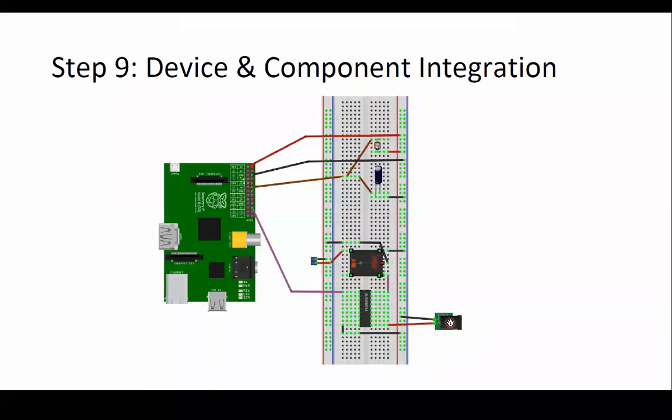This LDR sensor will detect light intensity, and the coding part of this particular application is implemented in Python, which is stored in this Raspberry Pi. And on the basis of this coding and light intensity, the Raspberry Pi will act, or it will execute the application. So this is how the connectivity will be done for a home automation system for the LDR sensor. Just an example for the LDR sensor.